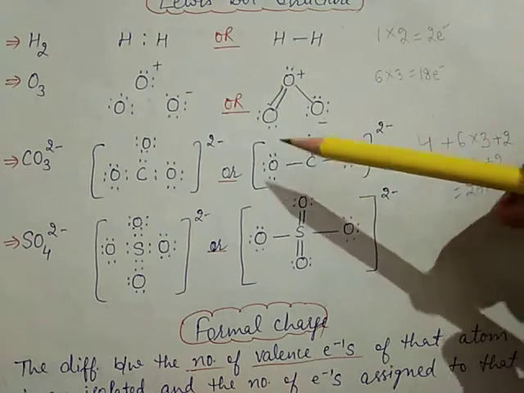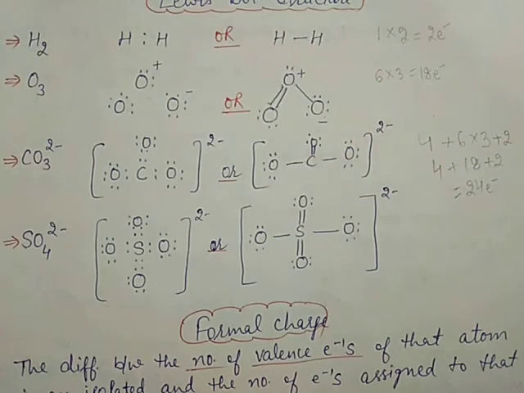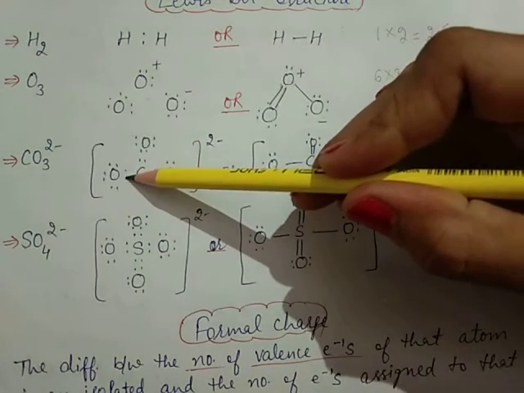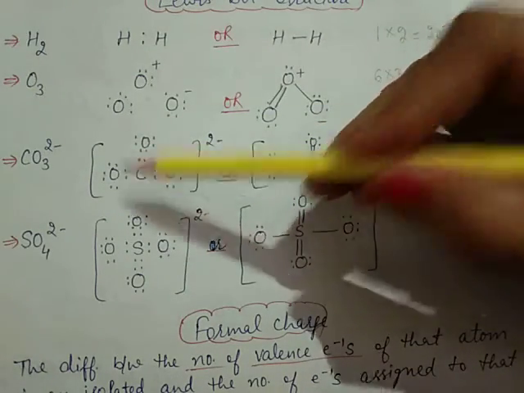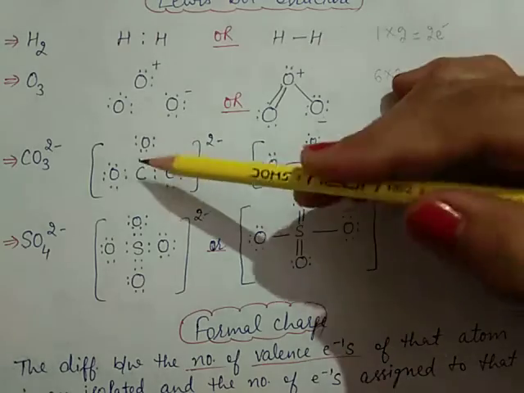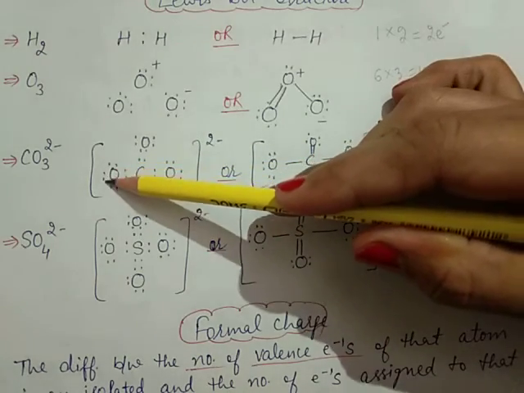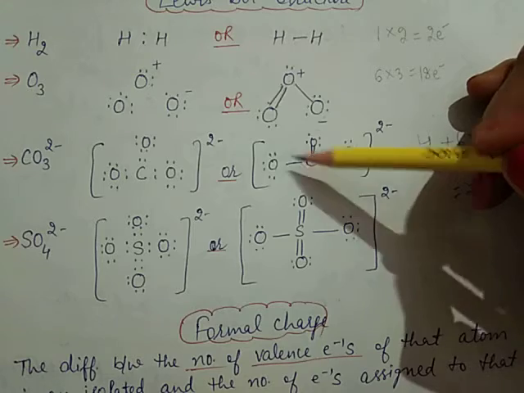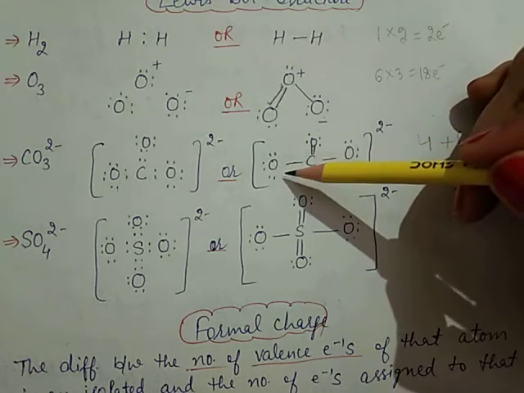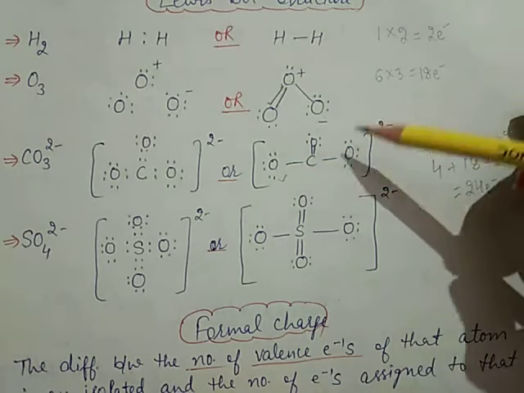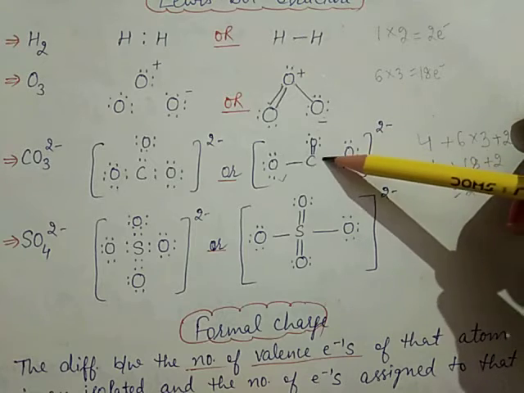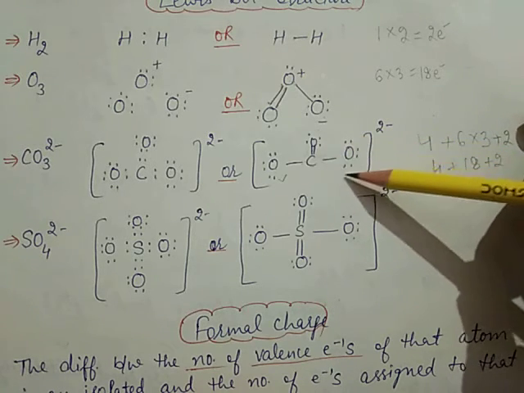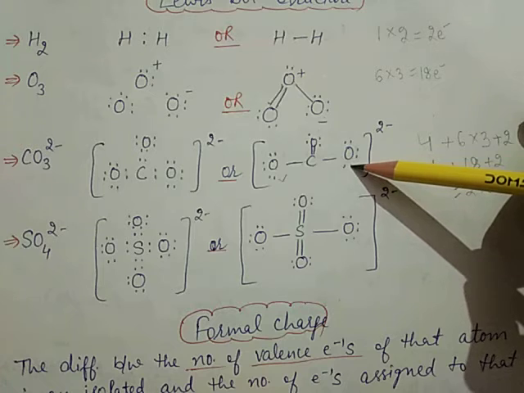First of all, you will make a single bond. These 2 electrons form a single bond. The remaining are 6, and 2 form the single bond, so a total of 8 electrons are present. So the octet of this atom is complete. In this case also a single bond is formed, and the octet is complete with 8 electrons.